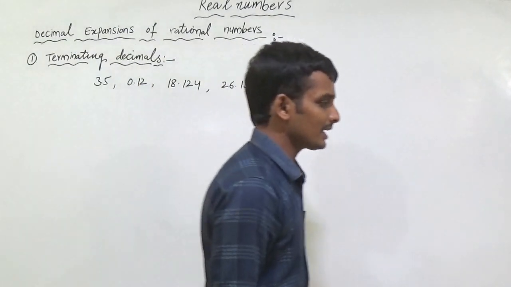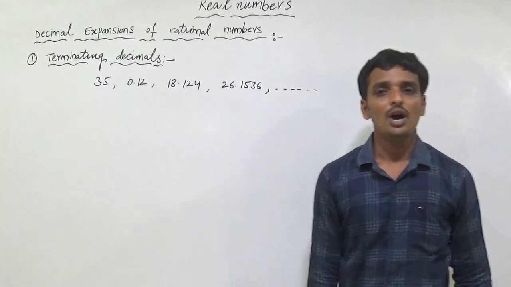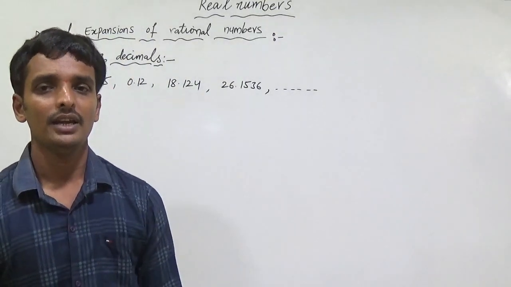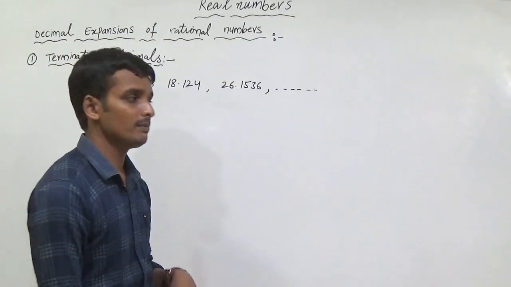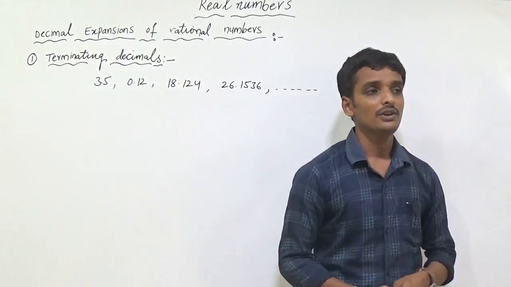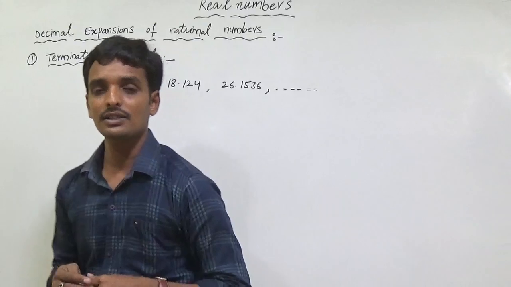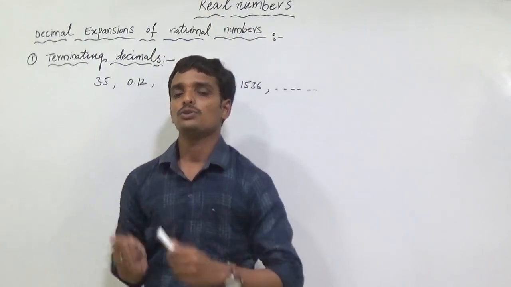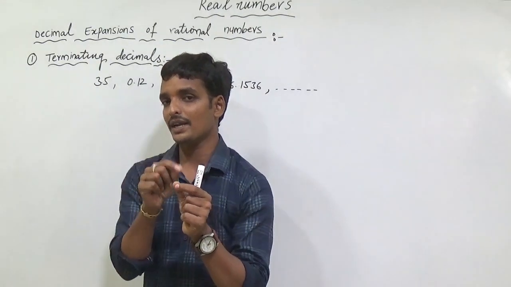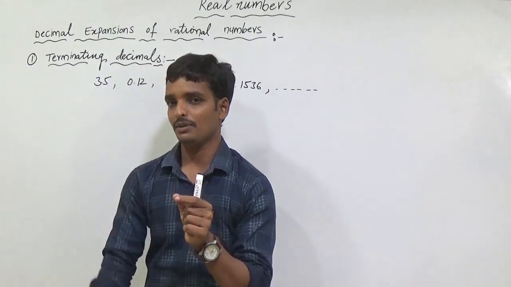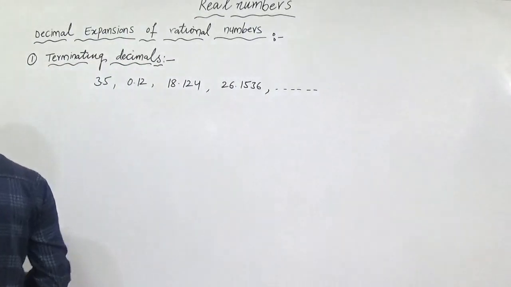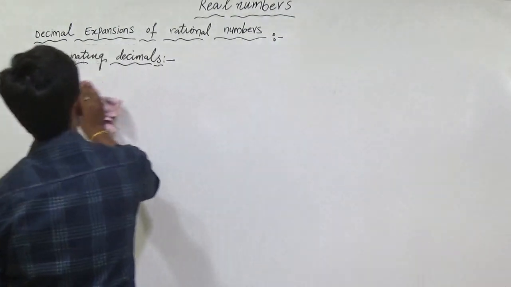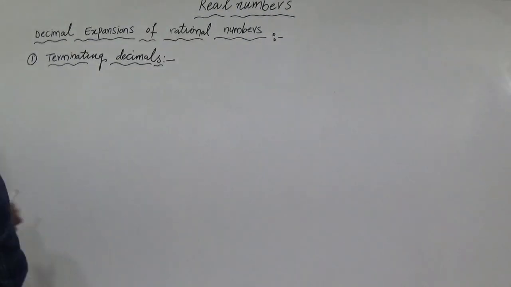So in the earlier classes, I think 4th to 5th class, we learned how to convert decimals into fractions and fractions into decimals. So we are doing that now. Already we have learned that a fraction is nothing but a rational number. So I am writing some examples and converting them into rational form, that means p by q form. I am writing those here.